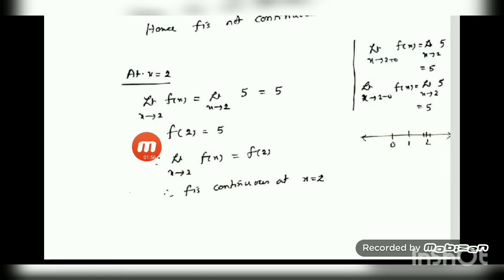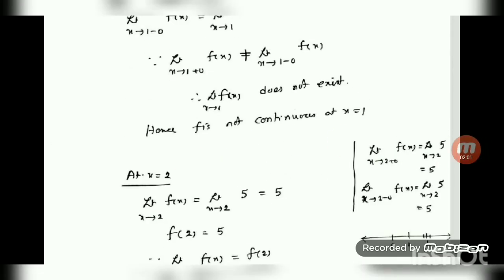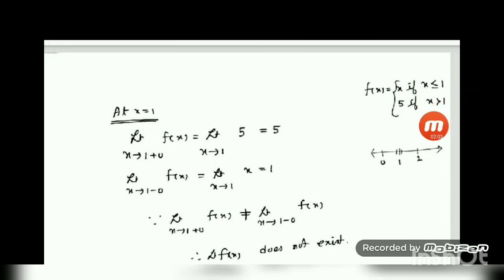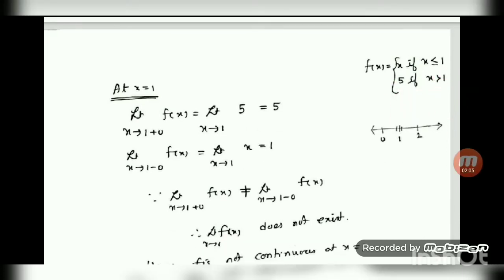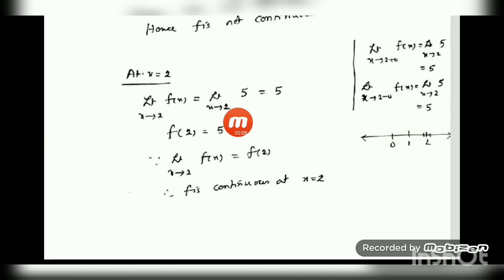That's why I have written here limit x tends to 2 of f(x). For the point 2, which is more than 1, the function is defined by 5. So this is equal to 5, and that value is 5 itself, because it is constant, no need to substitute. Suppose you have done 2 plus 0 and 2 minus 0 separately. In both the cases this is also 5, this is also 5, so the same value we get. Suppose you have done it this way, then also it will be correct. But here, only one is sufficient.